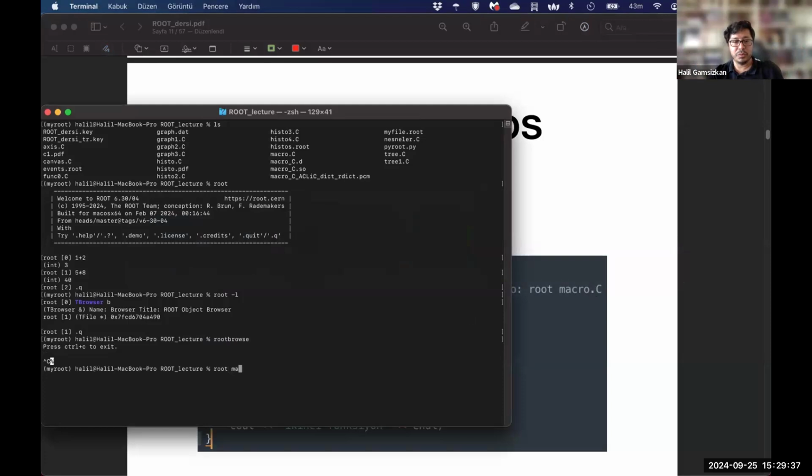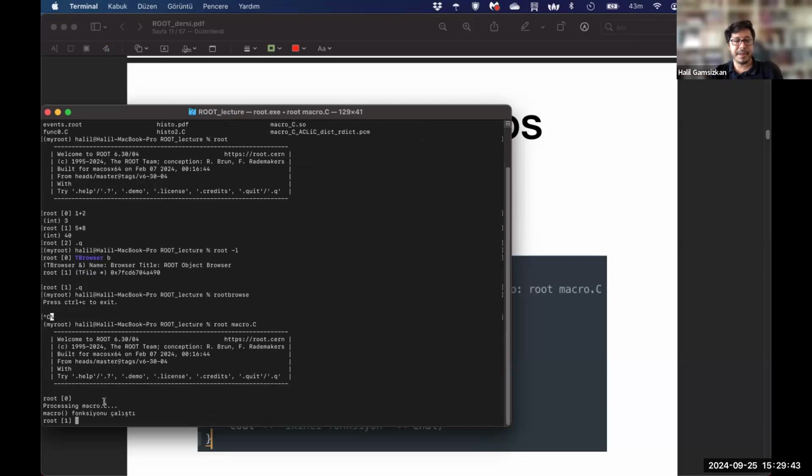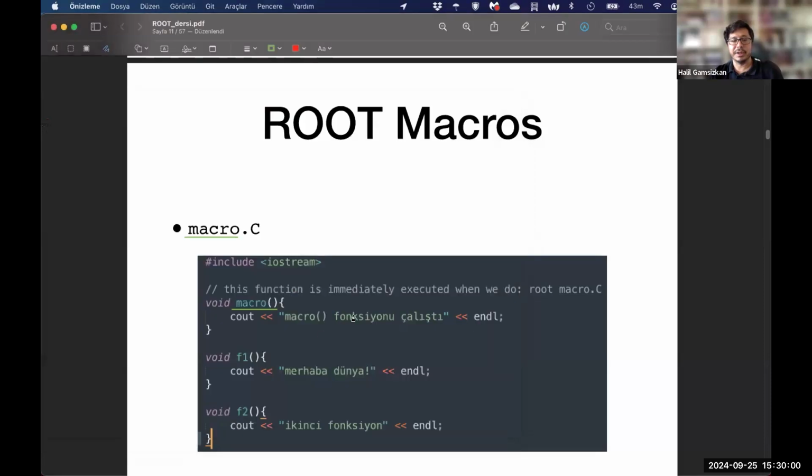Root macro.c. So it will display a message. Here. First, root started, okay, and then it starts to process this macro file. Then this is the macro function being executed. Here, macro function çalıştı. Macro function çalıştı. Okay. Next, we can try